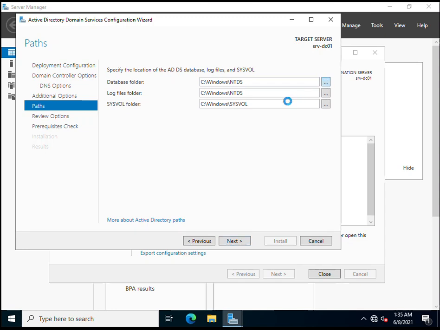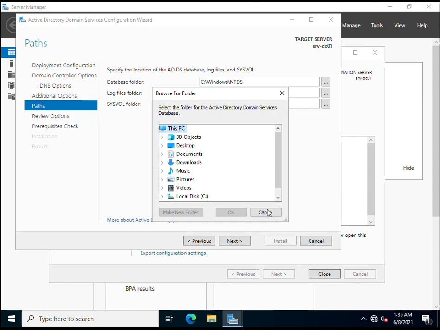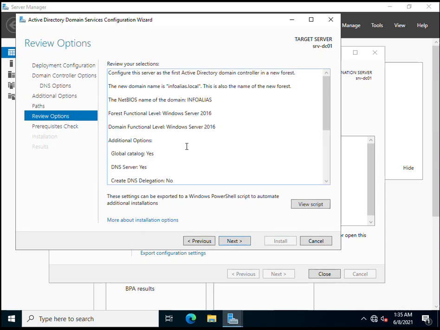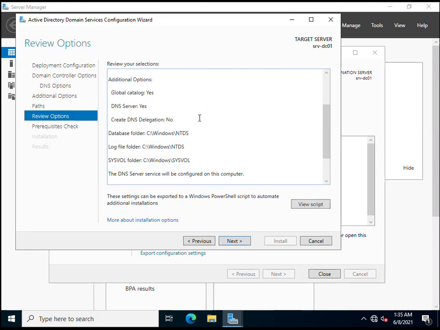Here are the selections which you have made while proceeding with the Active Directory domain service promotion, the domain controller promotion. If you want to change something, you can go back with previous, or if you want to proceed with these settings, these options, you can just click on next,